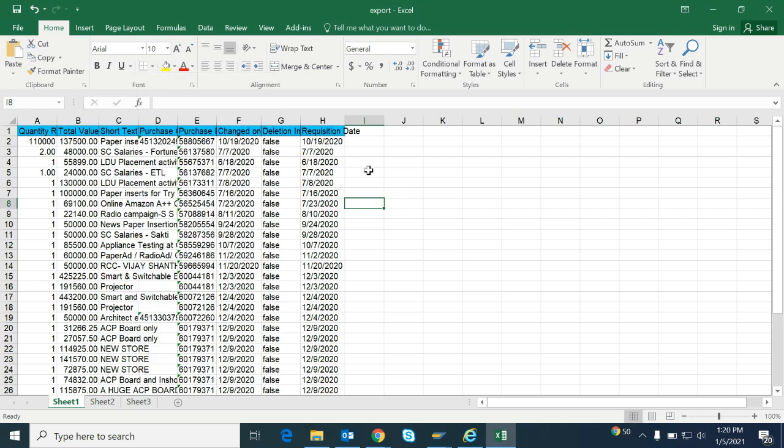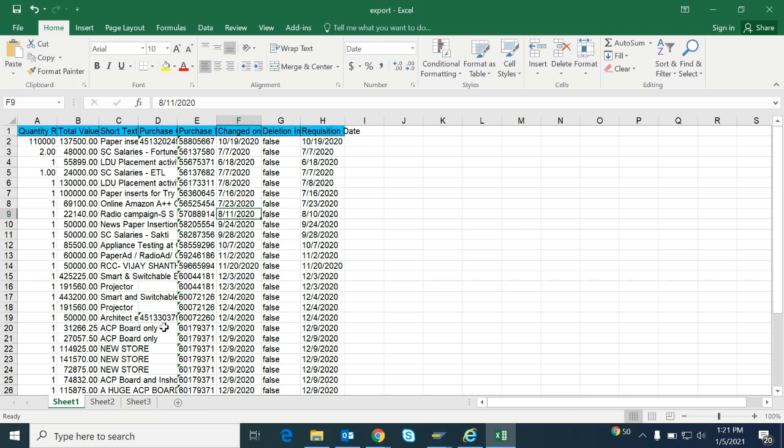So how can you do that? How to use the keyboard and how to remember the shortcuts, because our topic is how to remember them easily. Whenever you are working with any Excel file, try to do everything through the keyboard so that you can minimize your working time. Suppose here I have taken a sample of data from SAP. The data looks like this. Suppose you want to put a border in this data. What you can do is select all the data.